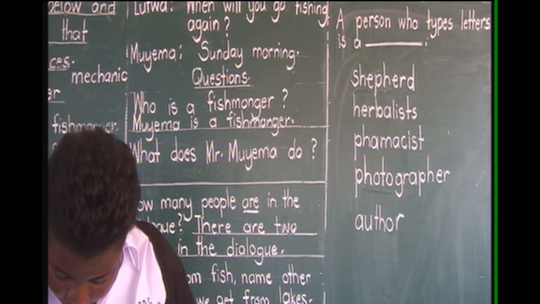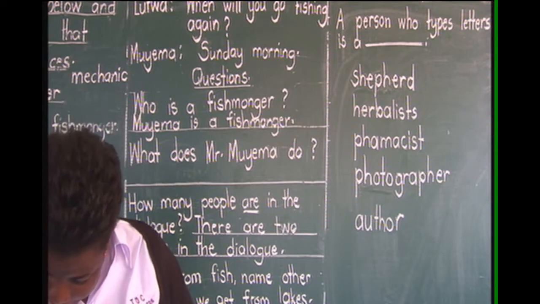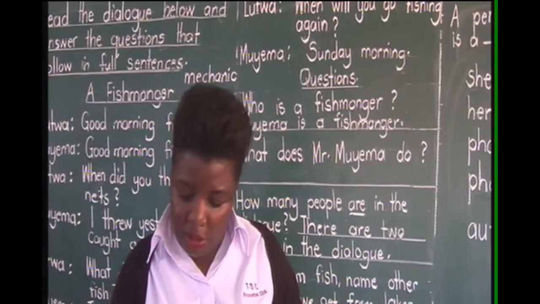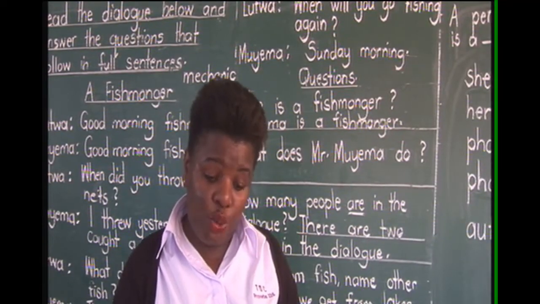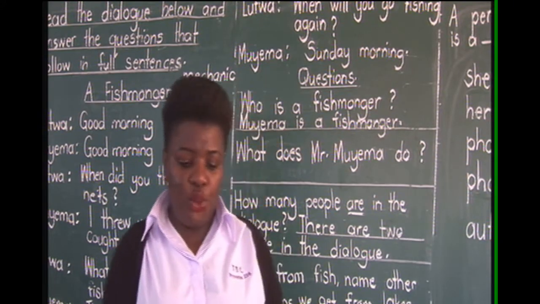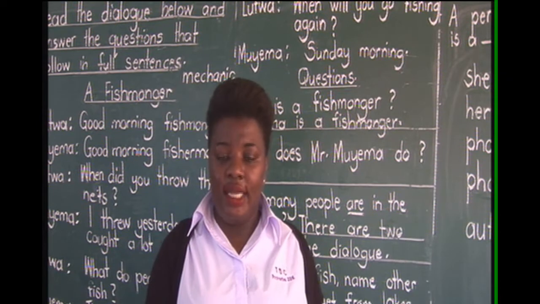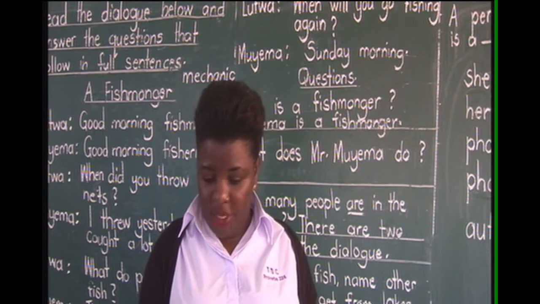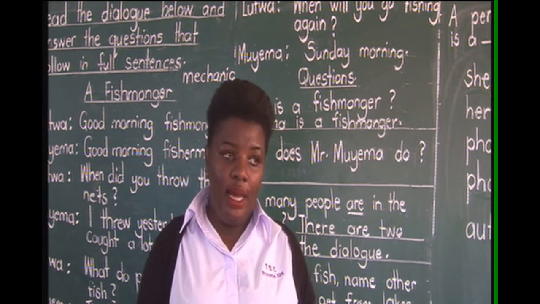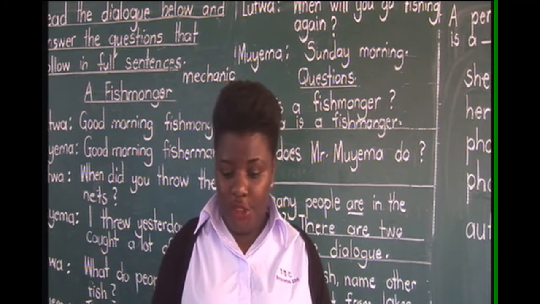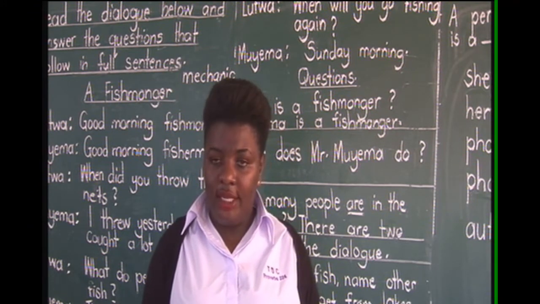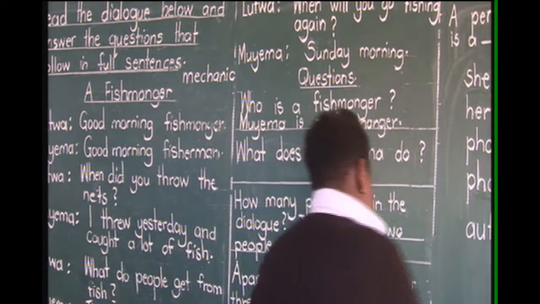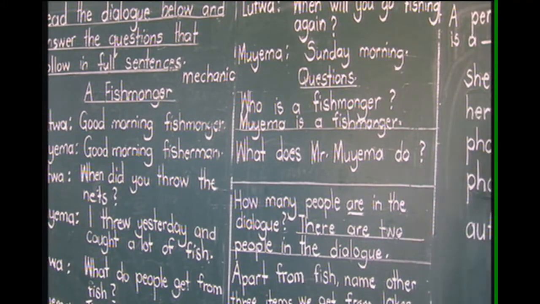So I want us to write this work up to page 24. 24 is where we are going to stop. There is a small instruction here. We are looking at one word for many, and they are telling us to give. When they use the word give, don't write the sentence again. Like I told you, when they use the word give, write, name, mention, list, you don't need to write the sentence again. But when they use the word rewrite, then you have to write again.